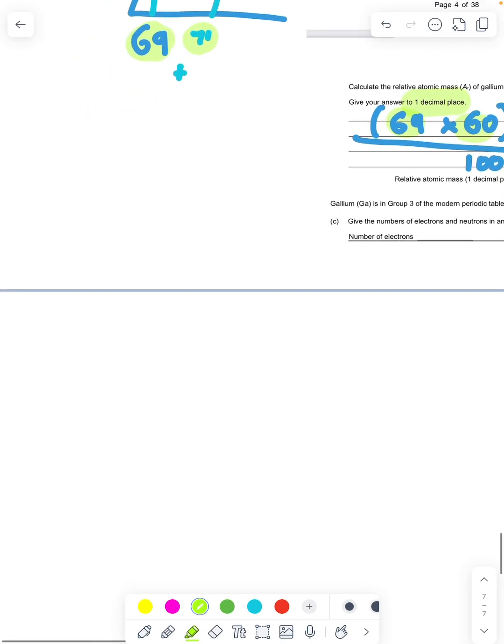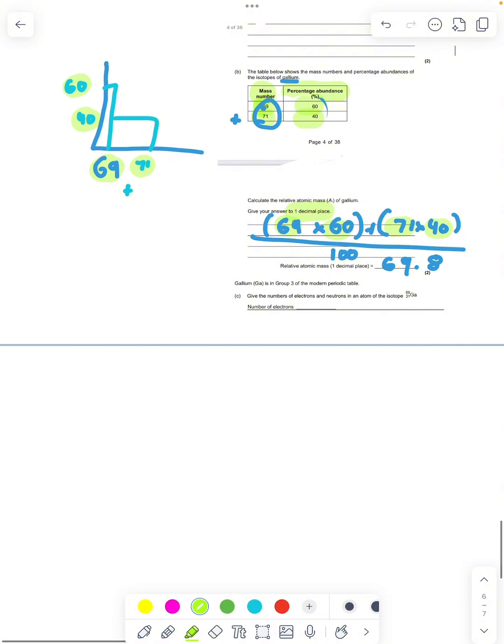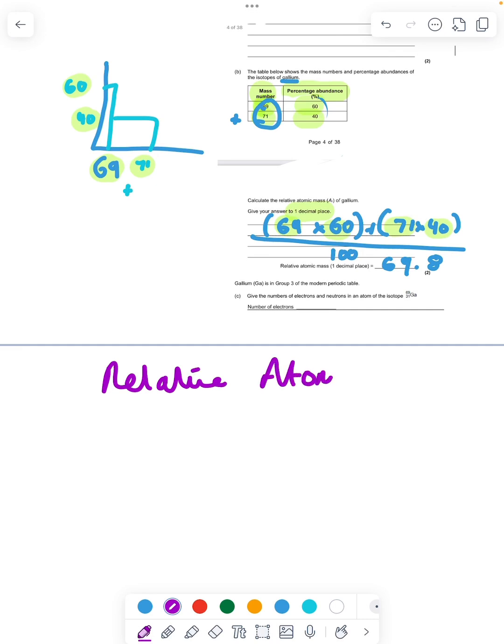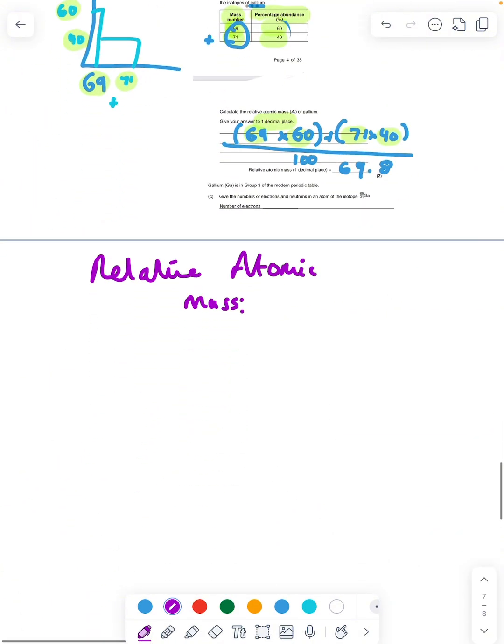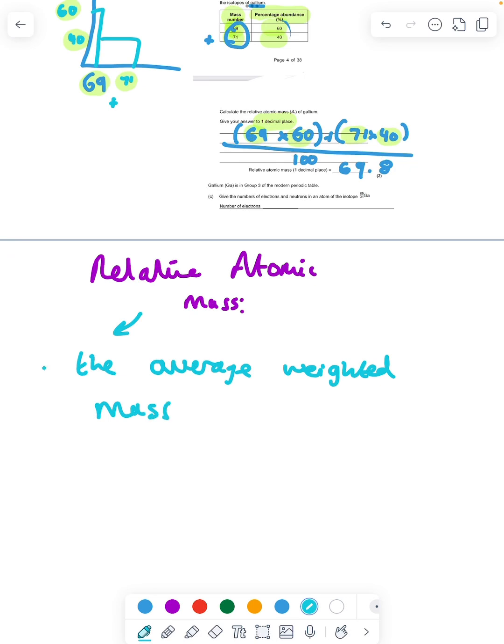Now, there's a definition for this too. We need to be able to define what is meant by the relative atomic mass. What actually does this mean? So relative atomic mass, the way to work it out in terms of a calculation is just what we did above. That's how you'd answer these kinds of questions. But relative atomic mass, in terms of a definition, is the average weighted mass of an atom. And again, this sounds quite wordy, just don't overcomplicate this. The average weighted mass of an atom,